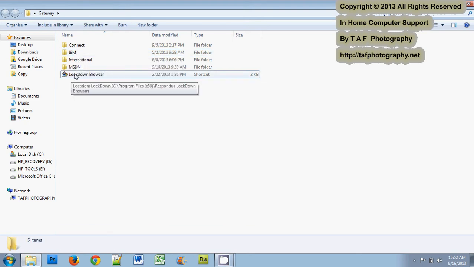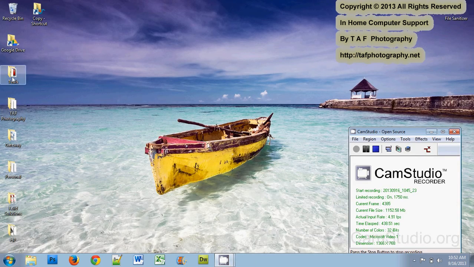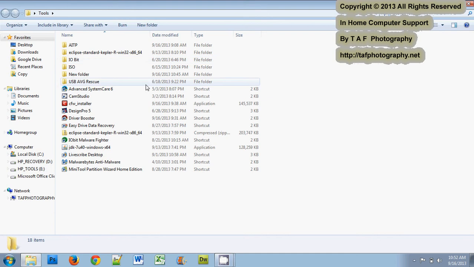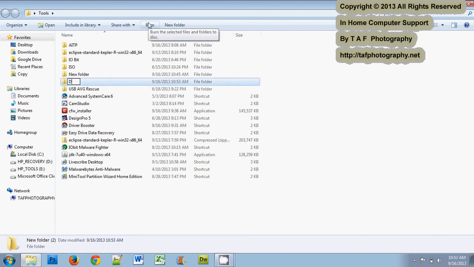This lockdown browser is for taking special tests that locks down your computer so you can't cheat and open up other windows and do Google searches and stuff. So that could be in gateway. Loose is okay with that. I don't mind a few things loose. Or I could put that in my tools folder, which is another folder I have set up to show you some different things. I have different folders here for things that I use, and I have a lot of loose stuff. And I don't like a lot of loose stuff, so I can make a new folder